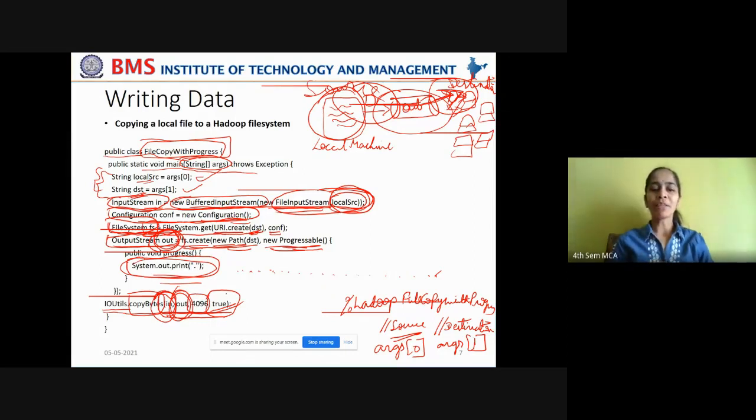So the copy bytes method, after all the input output operations are completed, will implicitly close all the input and output streams, because we have enabled it to true. The fourth argument indicates whether the streams can be automatically closed or not. Yes, you want them to be automatically closed.